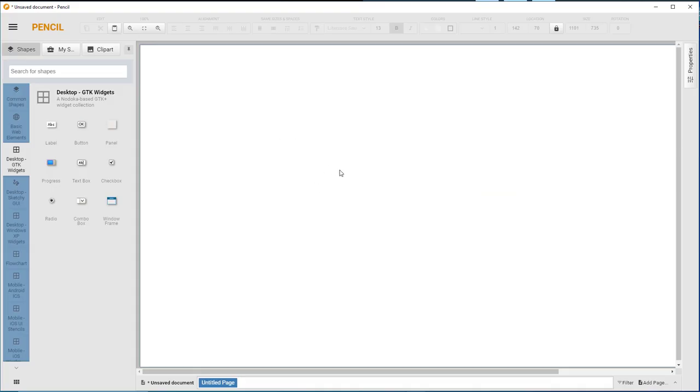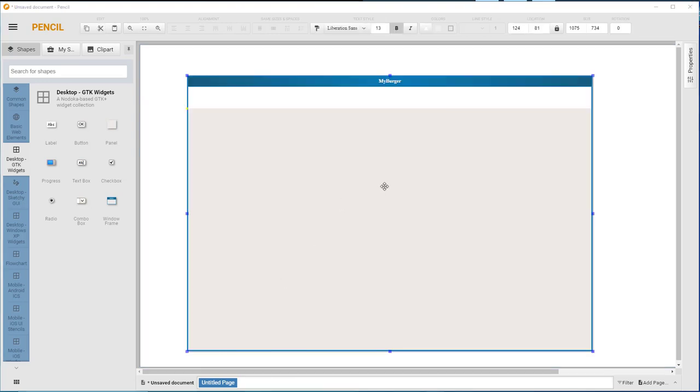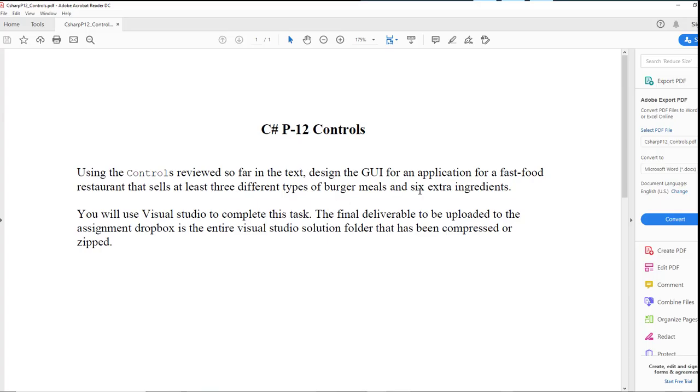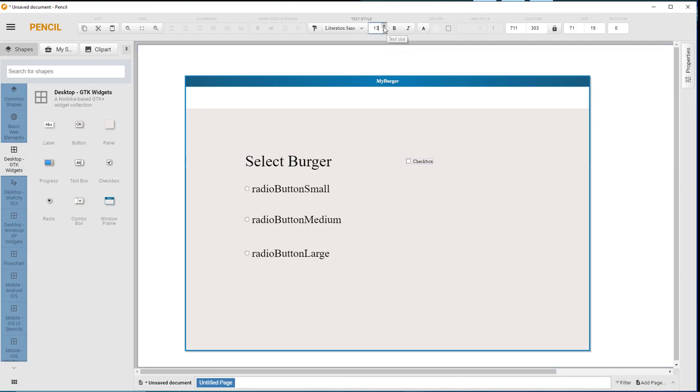Let's do a wireframe of the project. Inside my burger window frame, I'm going to bring some buttons. I should definitely give a title here. We have 3 different burgers and 6 extra ingredients. We'll get some checkboxes here, and